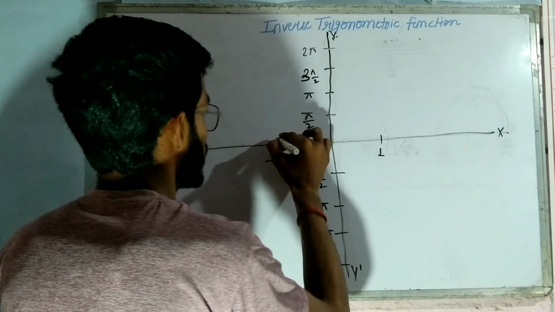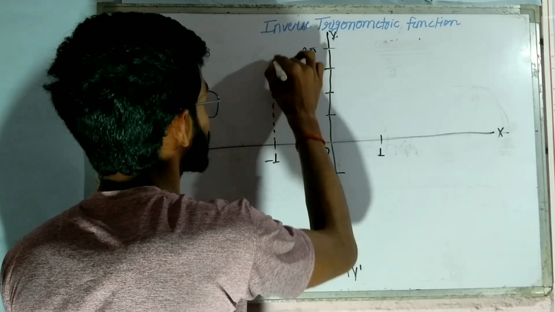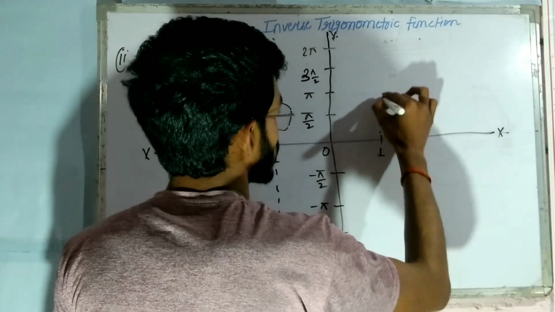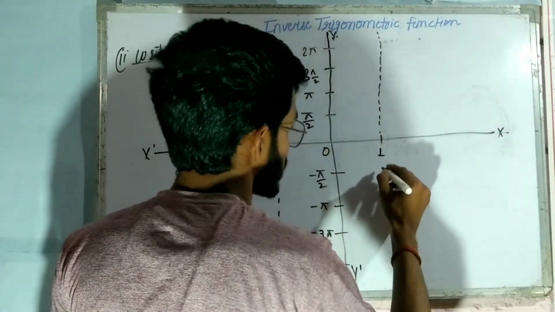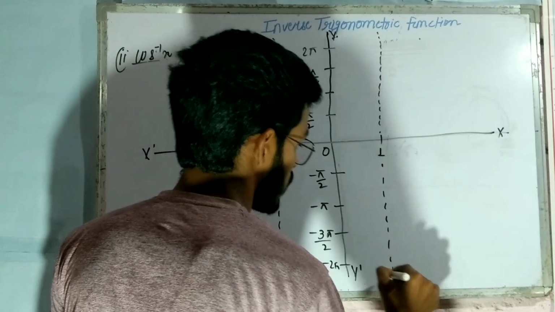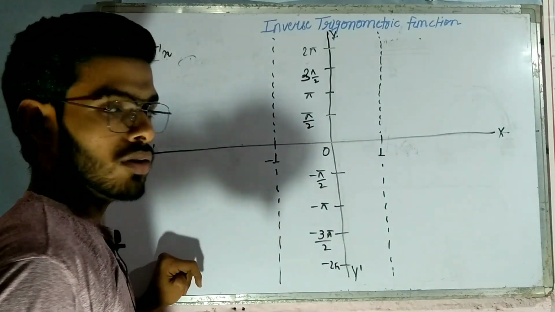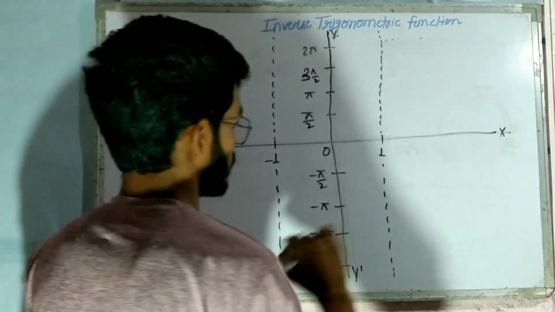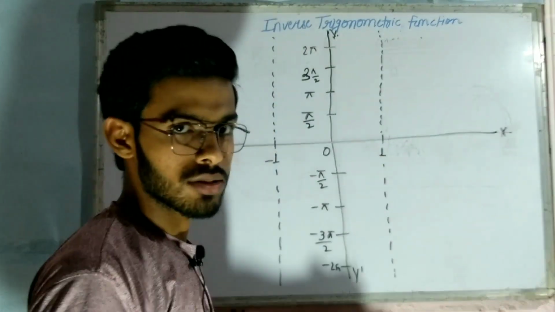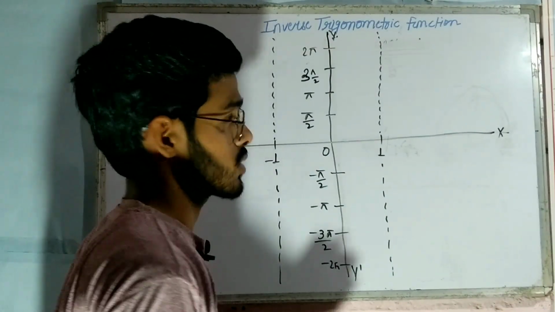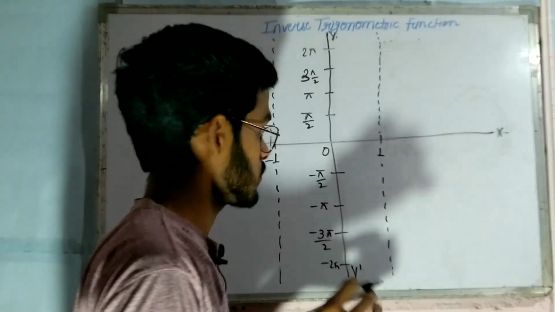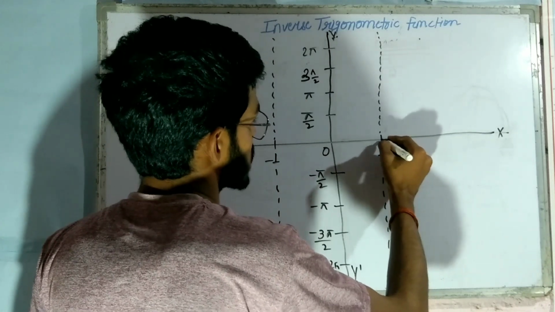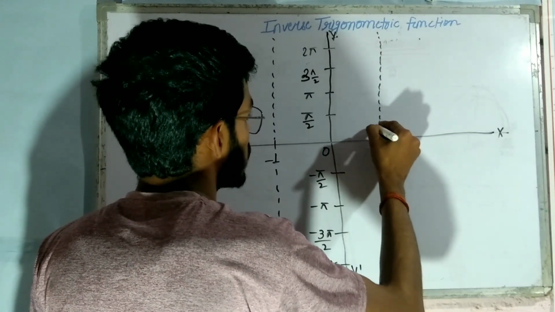This is a limit, because we know that the value of cos x or cos inverse x lies between -1 and +1. So we know that the value of cos 0 is 1, and cos inverse 0 also is 1. So the graph of cos inverse x starts from 1, and it will be moved on